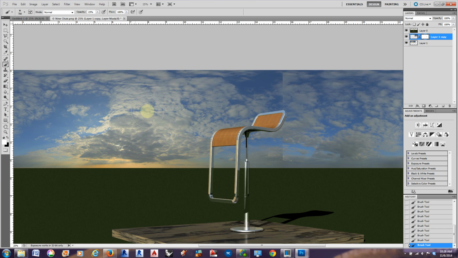Oh, I'm on the white mode. Sorry, I want to switch back to black. I was wondering why that wasn't happening. We can start to blend those two together, and it basically eliminates that line